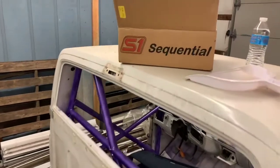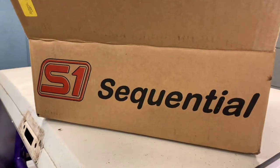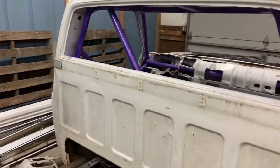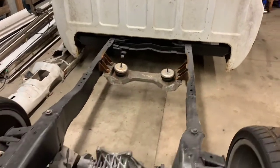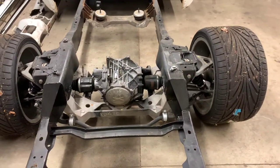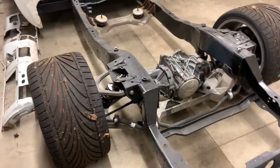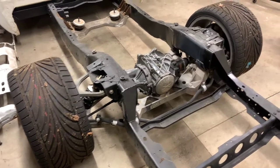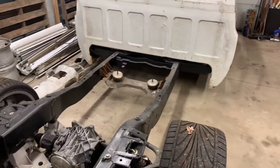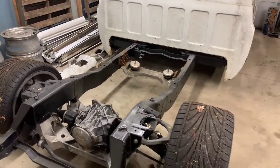But the most important factor that has gotten us back into the garage for, well, the mid-engine C10 project is we just received last week the S1 sequential shifter for the T56 Corvette transmission. Now, they're not producing a Corvette specific shifter, but we are utilizing a shifter that they were awesome enough to partner with us on this build, and we think we can make it work for this application, being that it's going to be in the truck mid-engine,